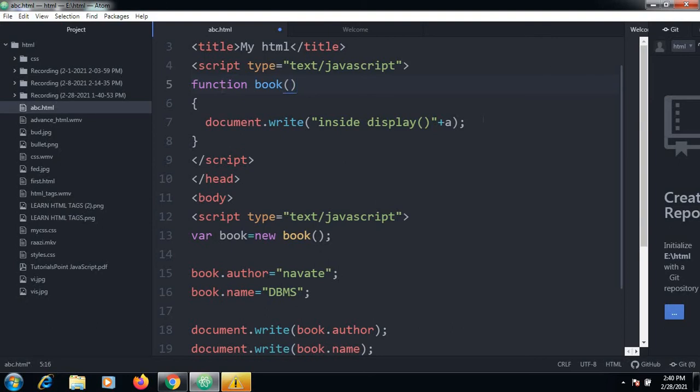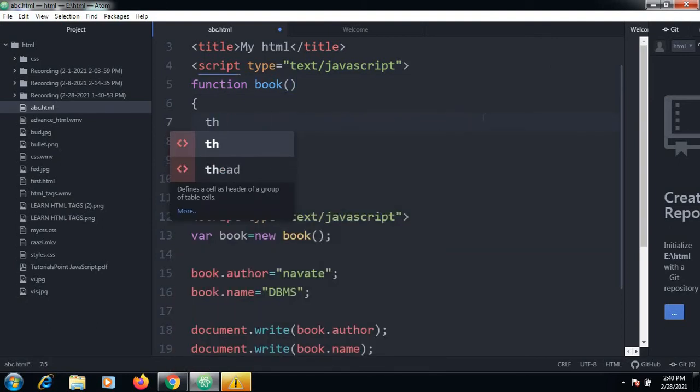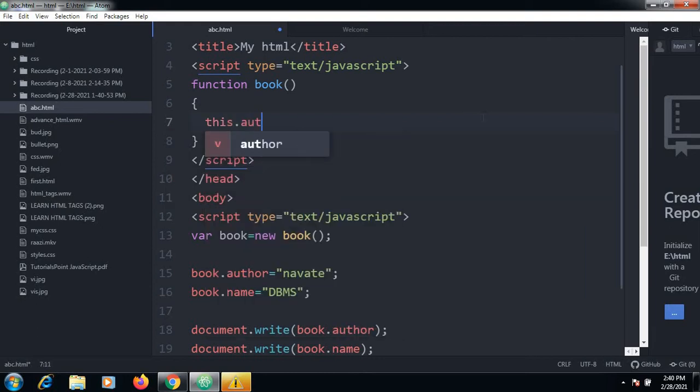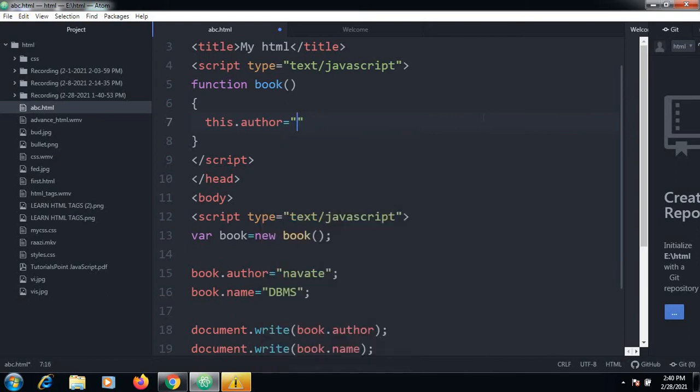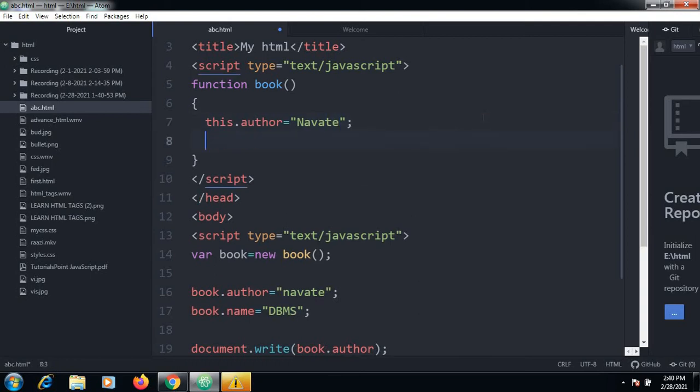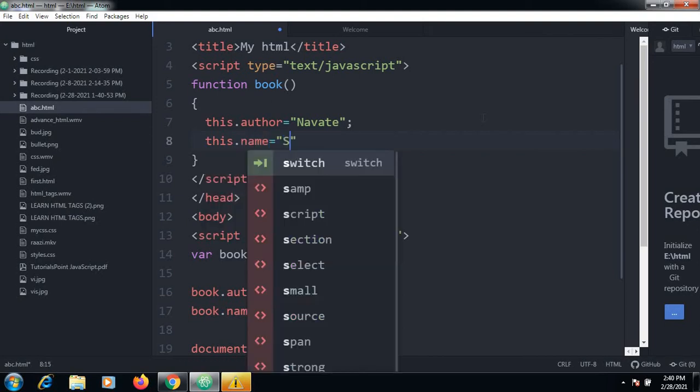So this.author is equal to the name of the author, Navate, making use of the this keyword. And this.name is equal to DBMS.